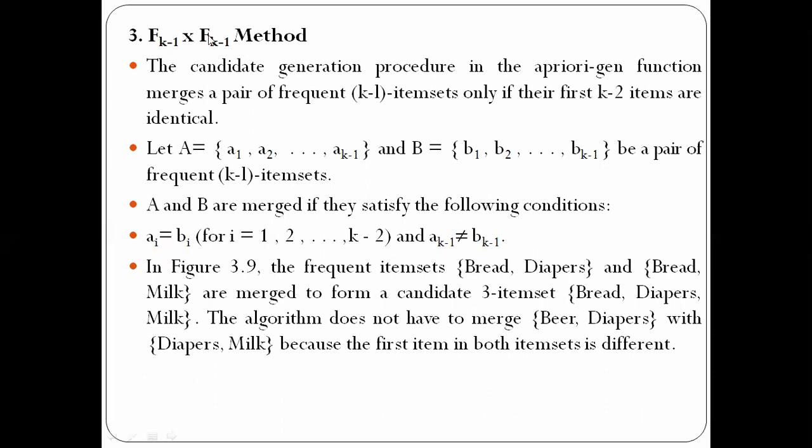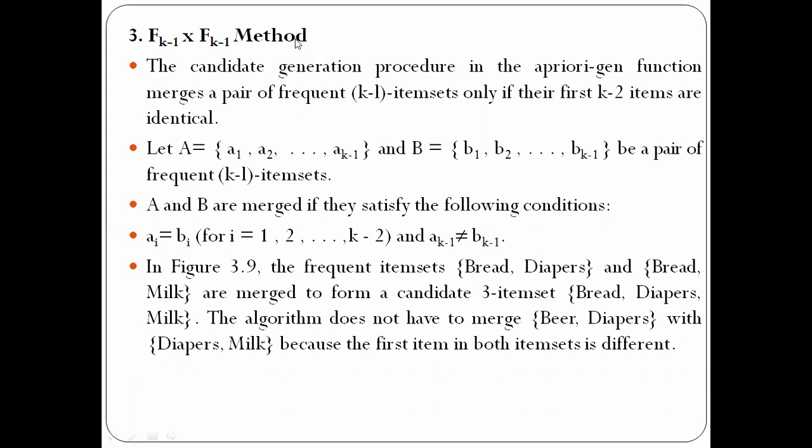If you look at this one better, I will explain this first and later I will explain the other two. In case of candidate generation with Fk-1 × Fk-1, we have combined the previous frequent item sets, and then we have generated the candidate item set here. For example, C2 is generated by considering the cross product of F1 with itself, that is F1 × F1, and then C3 is generated by F2 × F2, and then C5 will be generated with the help of F4 × F4. So this is what we will be doing in case of Fk-1 × Fk-1.